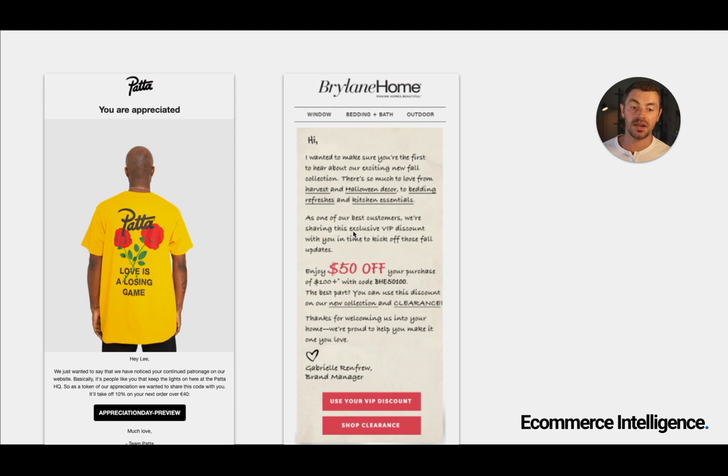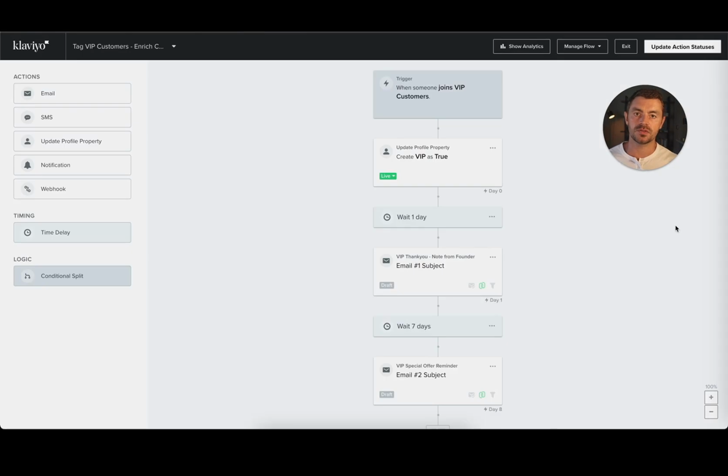And this would be an example of a VIP email that could either be switched out in the VIP flow and updated for whichever products are relevant at a certain time of year, or this could be a one-off VIP campaign that is just telling people, hey, you are getting a little bit of extra treatment, extra benefits for being a VIP. So in terms of how it looks in Klaviyo, this is a pretty basic VIP flow